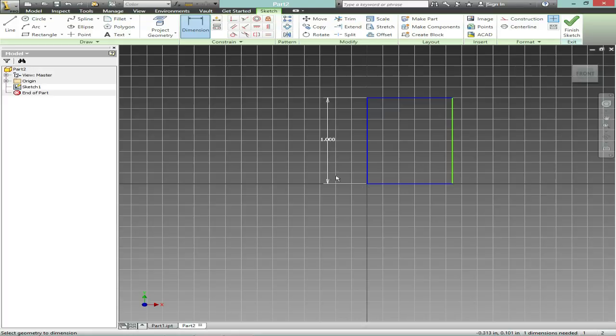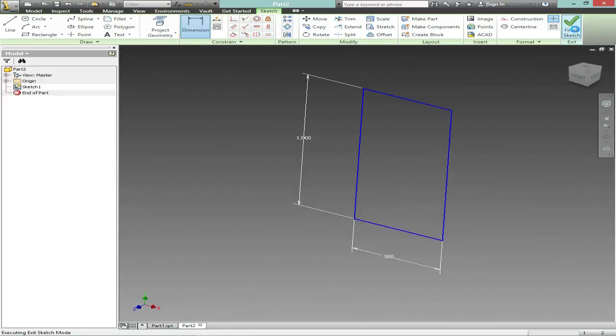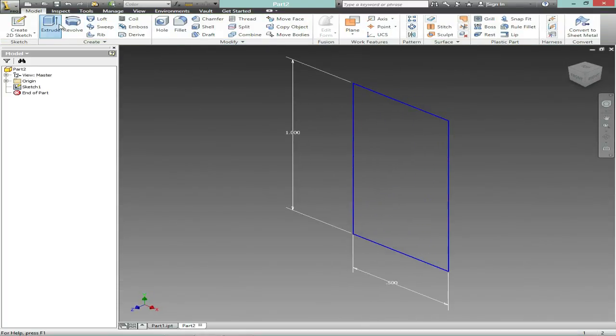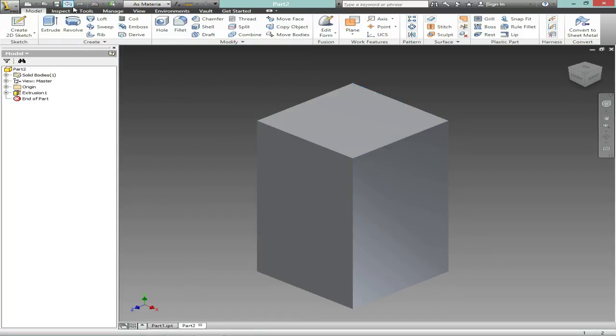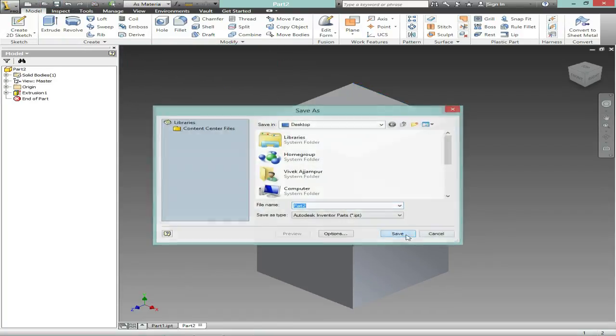So this side's 1 and this side's 0.5. And this would be 0.5 on the extrusion. I'll also save this on my desktop,